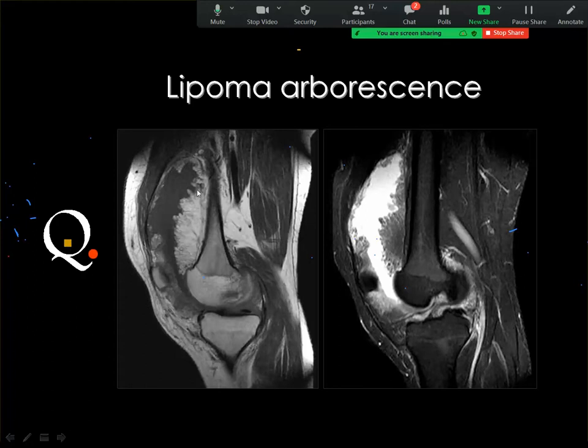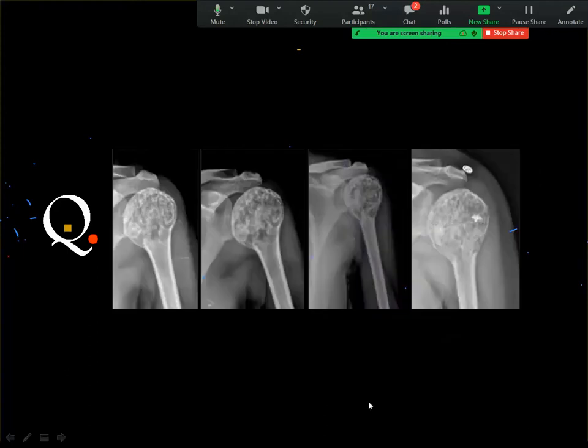If you see this frond-like appearance, it is known as lipoma arborescens. But if you got a mass of fat inside the joint, this is synovial lipoma. Next case,